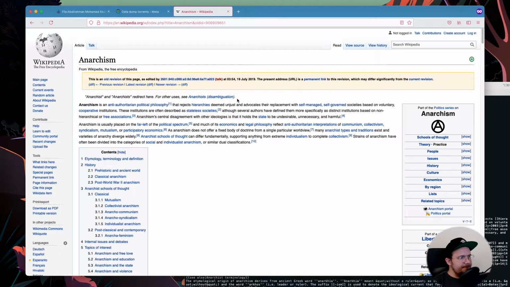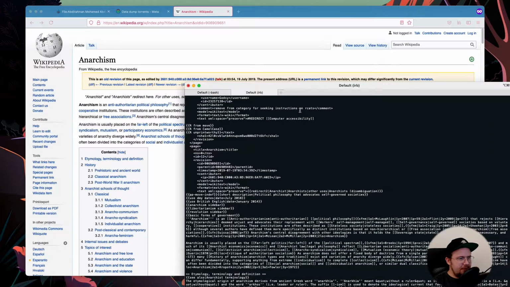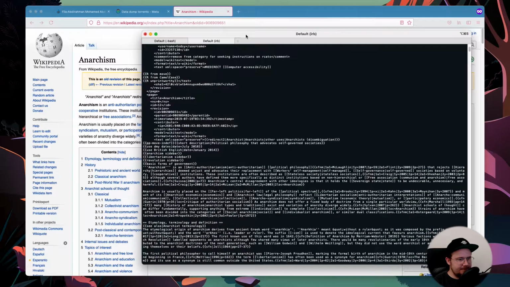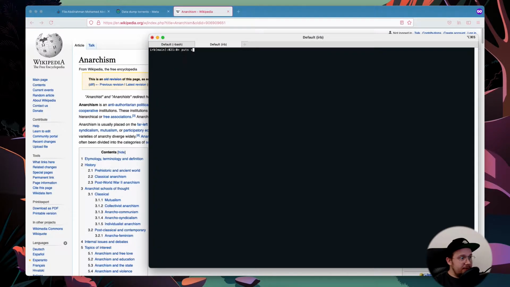Cool. So enough talk. What I actually want to do now is I want to read this whole file. I want to read this 70 gigabytes file. And I've been playing with it already, and I know it's not going to be so easy. So the major problem is the